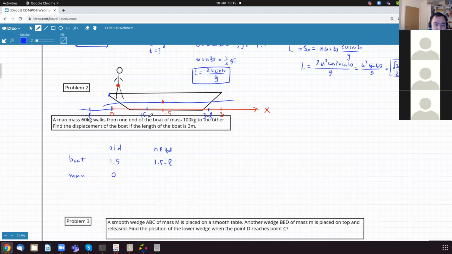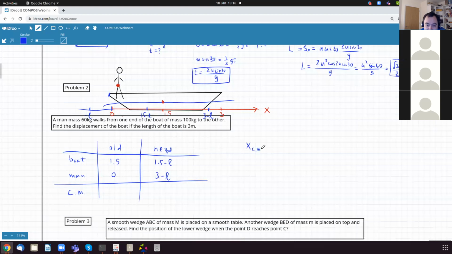The man would be at 3 minus L. Okay, so let's find the center of mass. The old position of the center of mass must match the new position of the center of mass. So X center of mass old, let's call it like this,